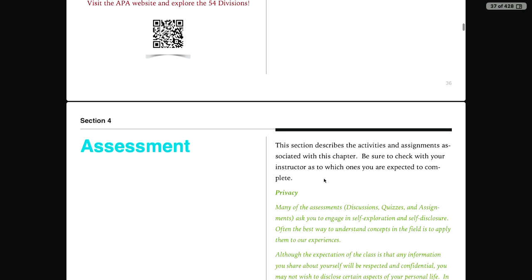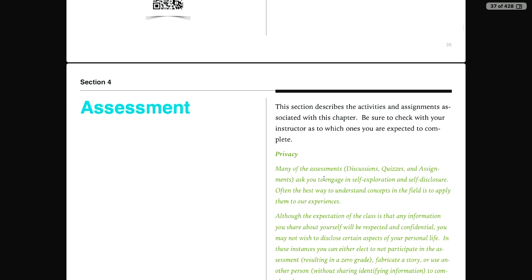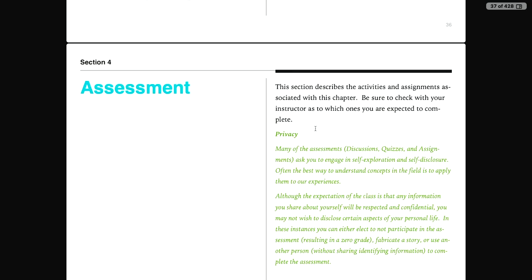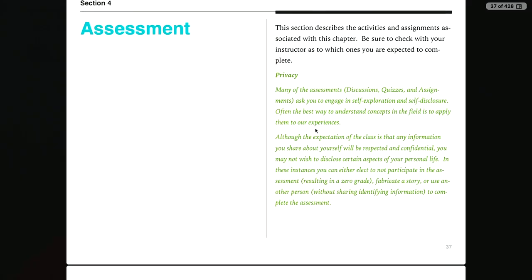And then we come to this part, probably the one that is really important here, the assessment section. This is the part of the course book that describes, you saw when we were looking at the timeline, there was a quiz, a discussion, and an assignment. That's what we saw in Brightspace. But when you go into there, there's no instructions. Well, the discussions have the discussion in it, but the quiz doesn't tell you anything.